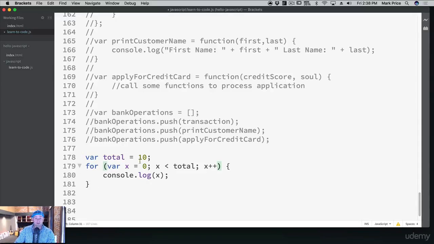So it goes back over here. It never runs this again, okay? So now x is 1. Is 1 less than 10? Yes, it is. And then it's going to run through the loop, and then it's going to do this, and up to 2. It's going to go, and it's going to go, and it's going to go until